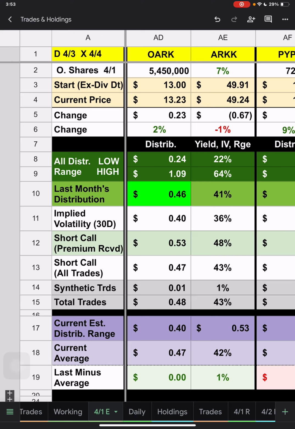7% increase on the outstanding shares for OARC. Looks like OARC has outperformed ARC for this month. Short call premium received is 53 cents. I'll say last month it was 46. So it'd be nicer. I'm sure people will be happy to see that this is going to be up again